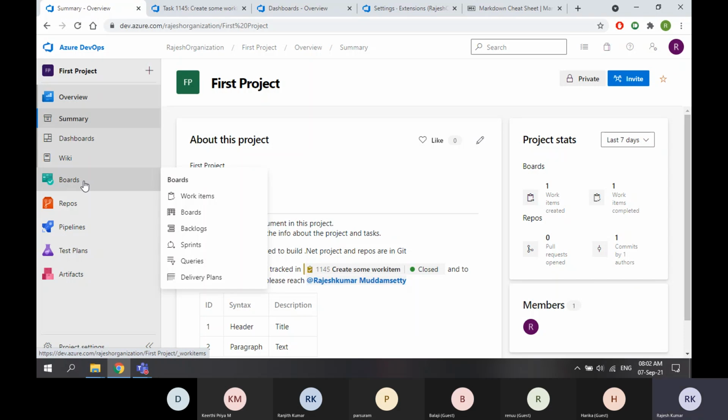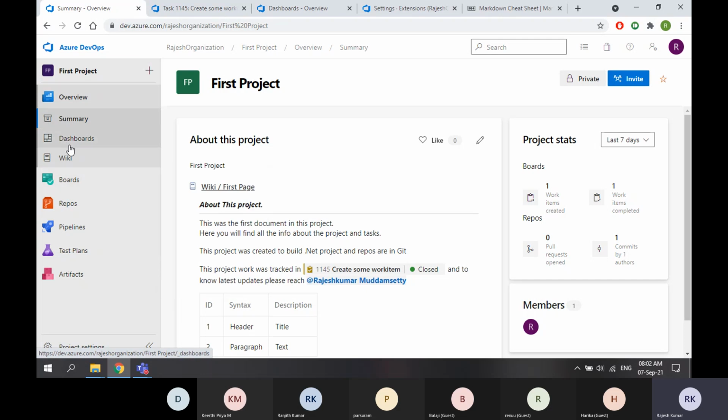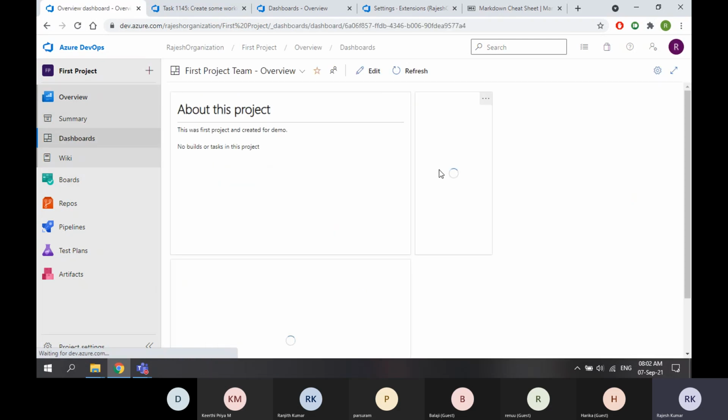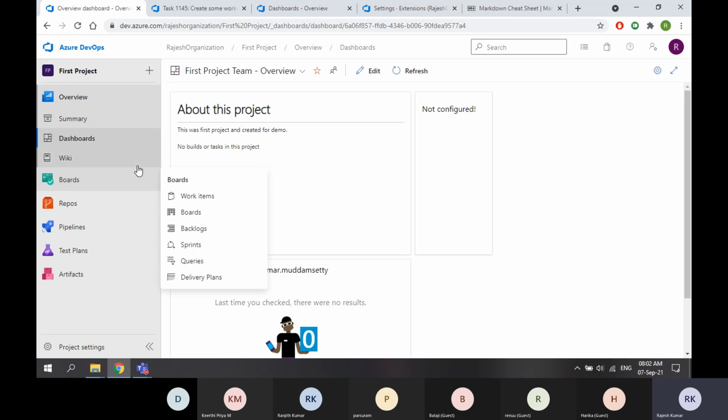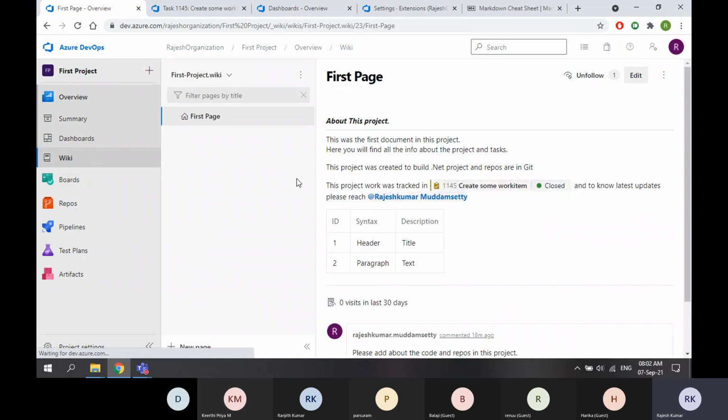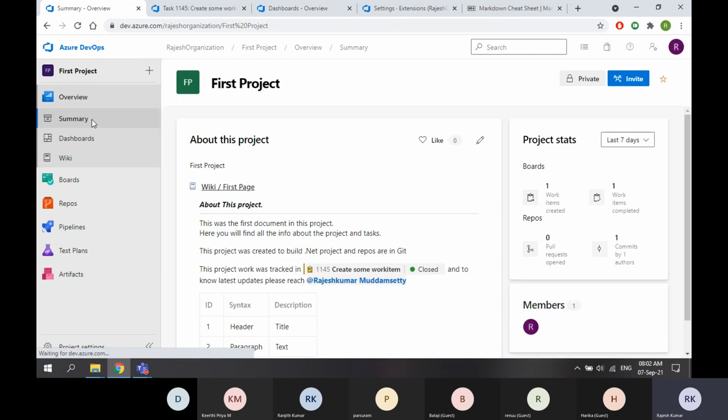It gives an entire overview about your project, what's happening in your project, and what are all the things available in your project. In the dashboard, you can see the things, and in the wiki, you will come to know what are all the documents. If I want to know about this project, are there any documents that I should read? You can keep those documents in the wiki and tell the users, okay, go through these documents. Many of you know the KT word, knowledge transfer. For knowledge transfer nowadays, most organizations are using wiki only.